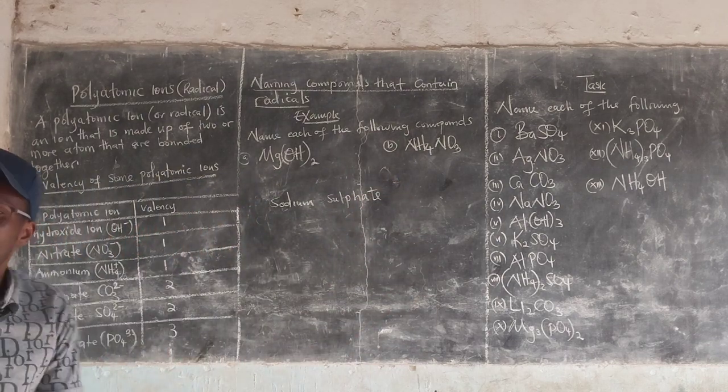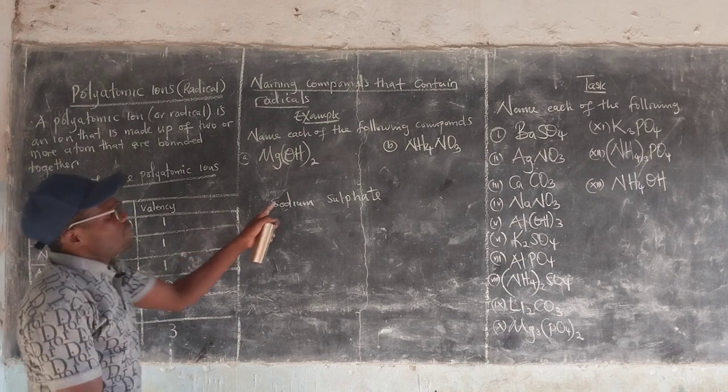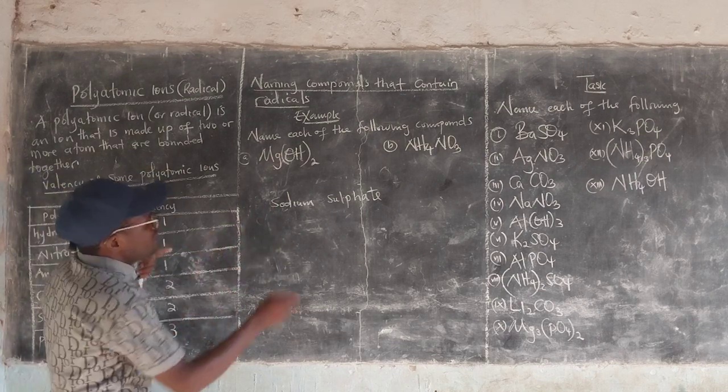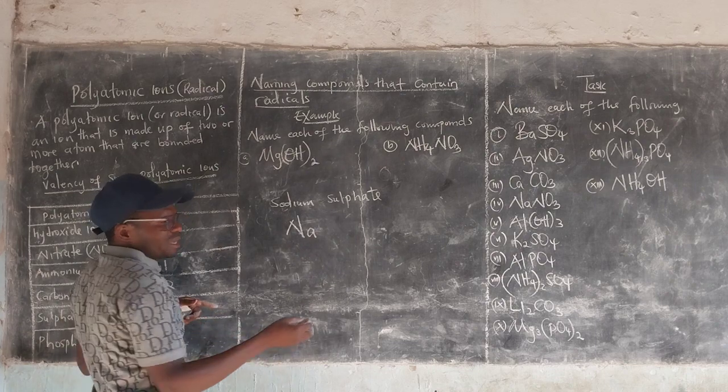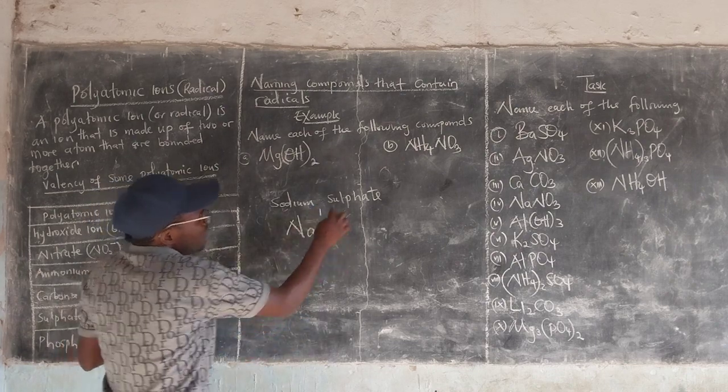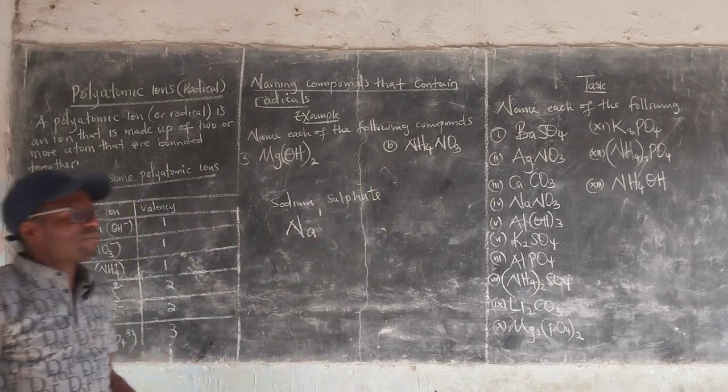Now, how do you write sodium sulfate? Sodium is there on the periodic table, right? You can find it there. You just say sodium is Na. And what is the valence of sodium, like we said? 1. Now the sulfate, you can go on the periodic table and go